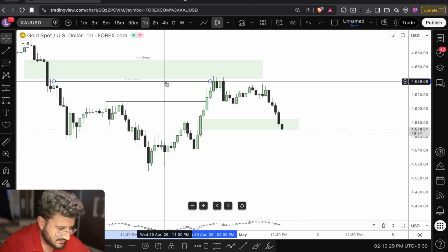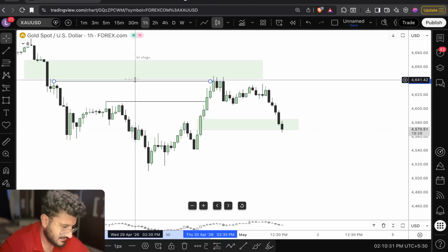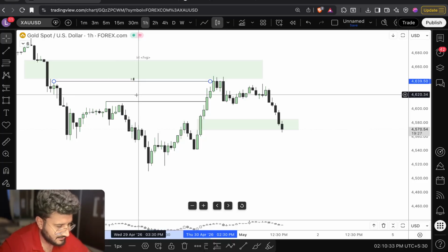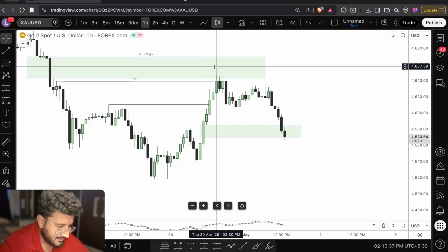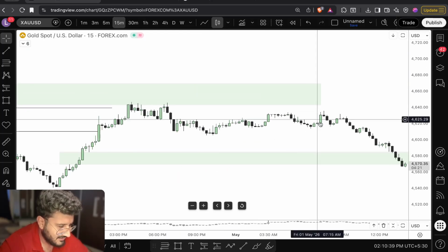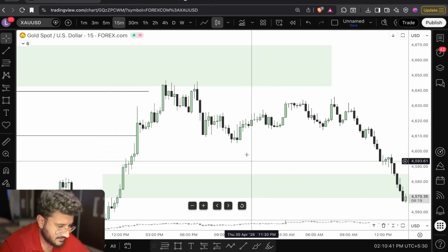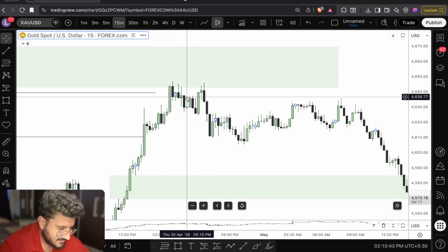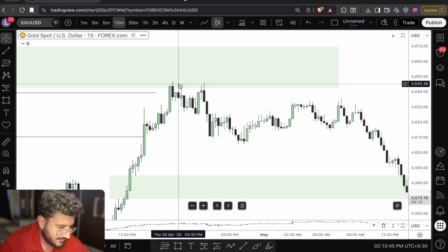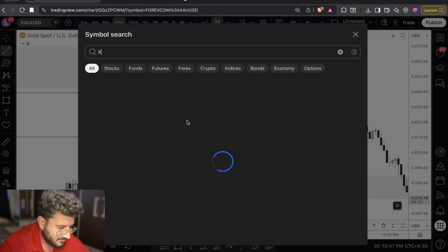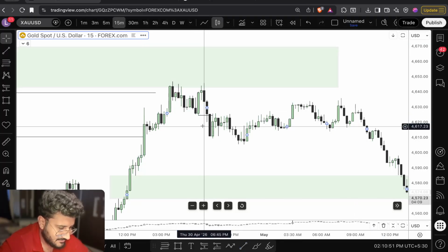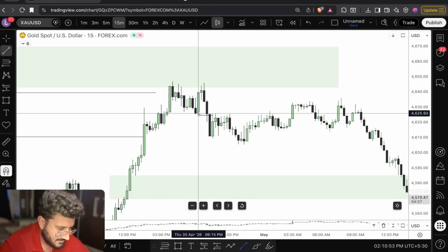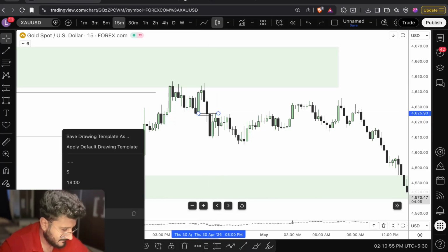So the liquidity has been taken out. Let me mark it as liquidity, I'll denote it with dollars. The liquidity has been taken out. The market taps into the POI, and if I go to the lower time frame, the market breaks the structure over here. No structure break. Okay, the market again made a high, taking out this liquidity. Then the market broke the structure over here and made a change in state of delivery. Market structure break, or else closing below the body, that will be my CSD.